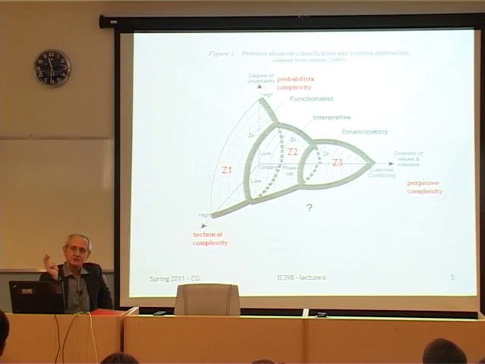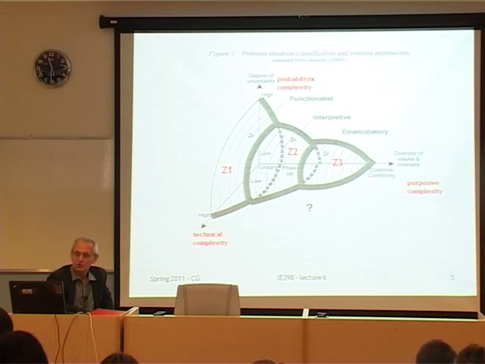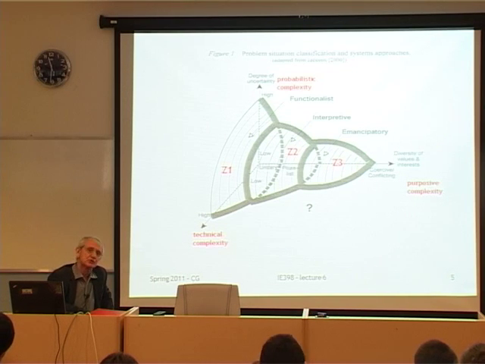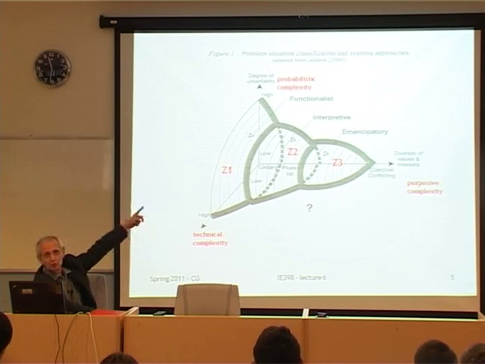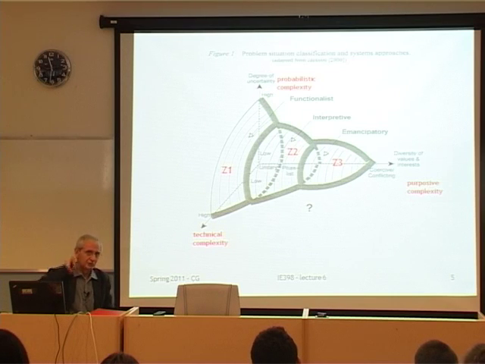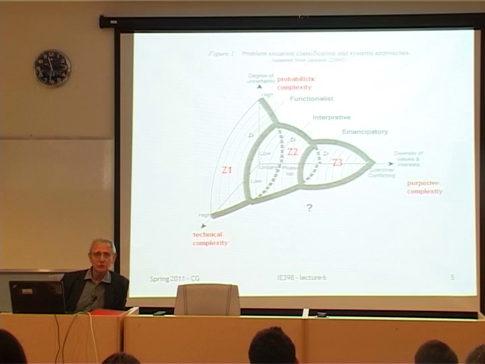So there are three regions that I have labeled Z1 zones, let's say. Three zones in the space, Z1, Z2, and Z3, as you can see. The idea is that if your problem situation falls into the first zone, Z1, then the way to address this is to use a functionalist approach. You remember we said that there are three approaches: functionalist, interpretive, and emancipatory. So if your problem situation falls into the first zone, we address this situation from a functionalist point of view. In the second zone, interpretive, and in the third zone,